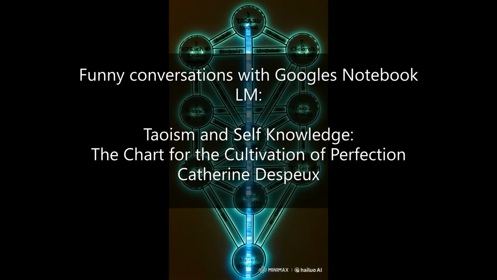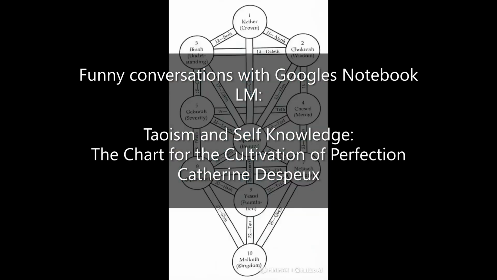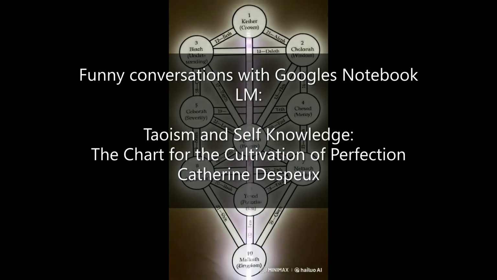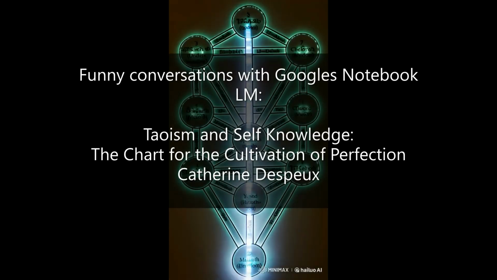So it's like our inner rhythms are synchronized with the rhythms of the universe. Exactly. It reflects the Taoist understanding that we are not separate from the cosmos, but rather an integral part of this grand, interconnected web of energy and change. That's beautiful. Aligning ourselves with these natural rhythms is key to unlocking our true potential.